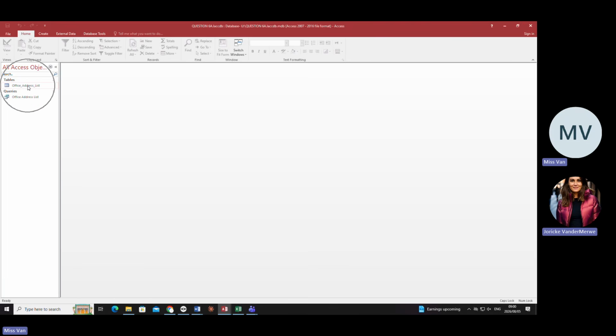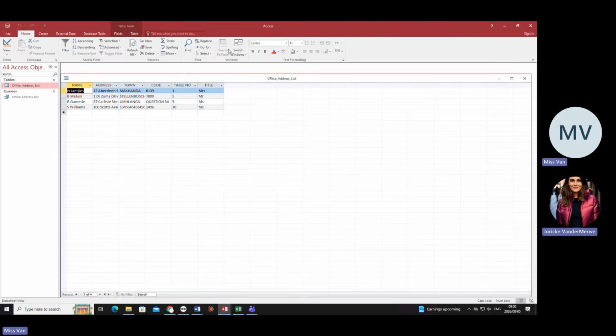You have to go into your table. So you double click. There it is. I've already said it. I'm going to say it again. You cannot hand me in this. Why not? Because I can't see. It's been cut off. It says Aberdeen what? Aberdeen what? I can't see. You have to double click in between to make sure. And you see there's a little cross that comes with arrows. You can now see that one is big enough. That one, you can double click everywhere. It will take the size of the width that it needs.